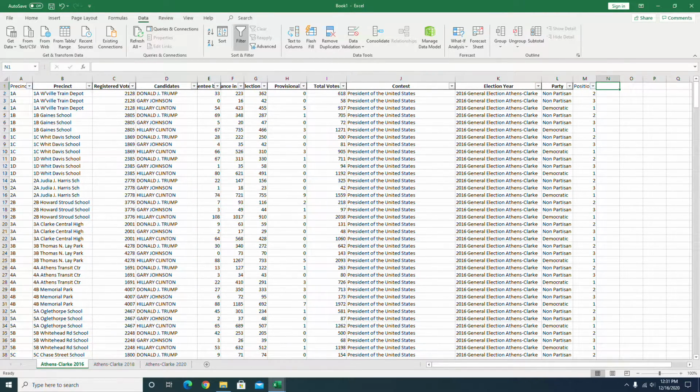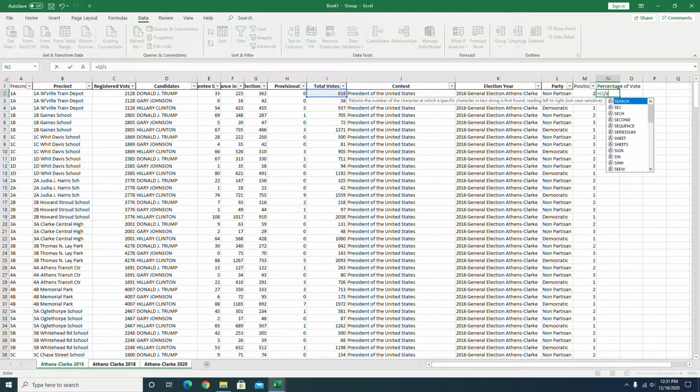Alright, next thing we want to do is get the percentage of the vote for each candidate by precinct. Now, to do that, first, let's again highlight all three worksheet tabs. And for this column name, we're going to do percentage of vote. And use this formula: equals the adjacent I2 column, so it'll be I2, divided by SUMIFS,